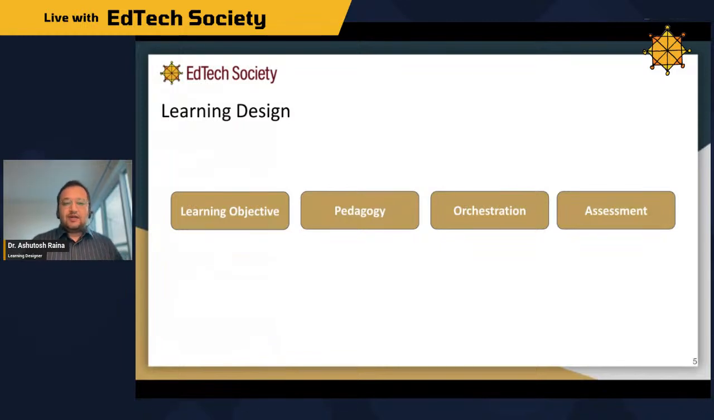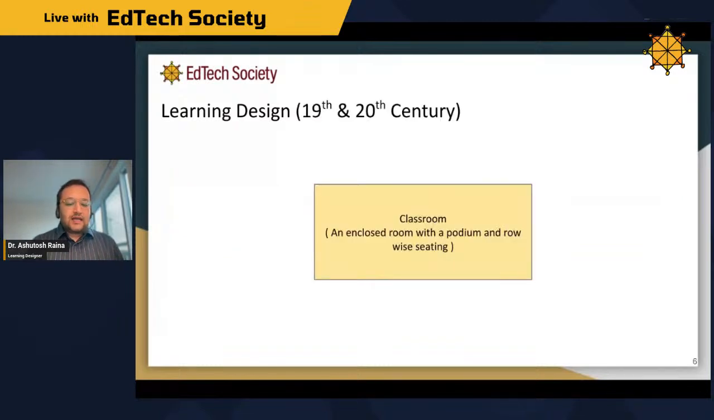Whenever you are designing for learning, you are ideally looking at these four aspects: what is the learning objective, what is the pedagogy we are going to use, how will we orchestrate the learning, and how are we going to assess the learning. So if you were a learning designer, say in the 19th or the 20th century, you would be doing all of that for a classroom. And what I mean by classroom is an enclosed room with a podium and a row of